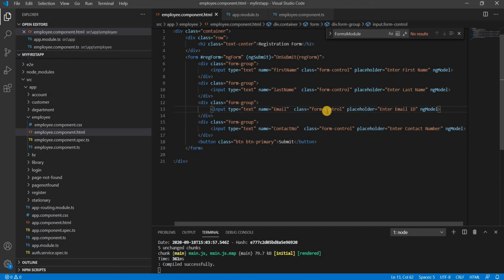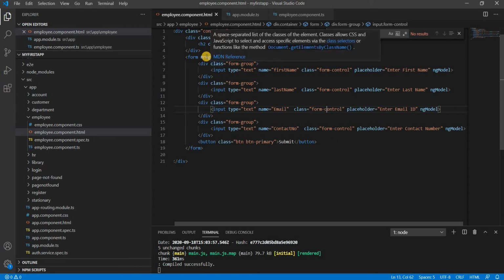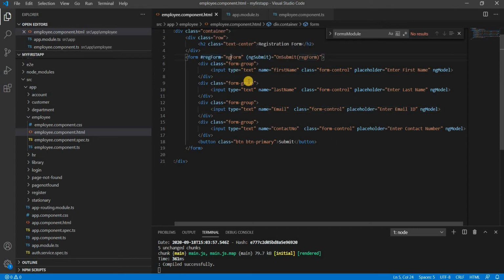So friends, let's understand what we did. First we assigned a local variable and exported ngForm to that local variable, and through this we can get all the properties of ngForm. This means we provided all the powers of ngForm to our local variable, and we can check all the functionality, meaning the state of our form.